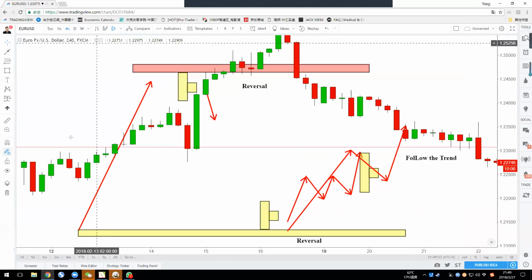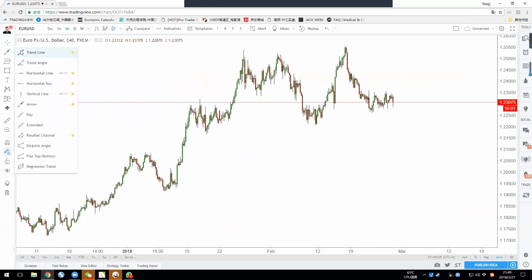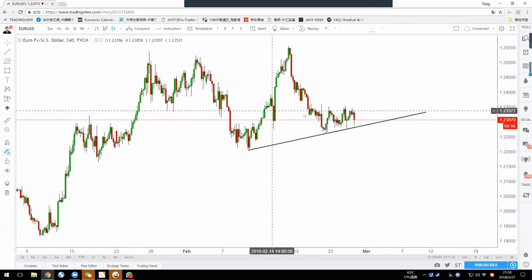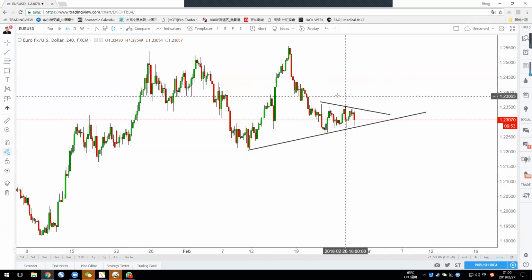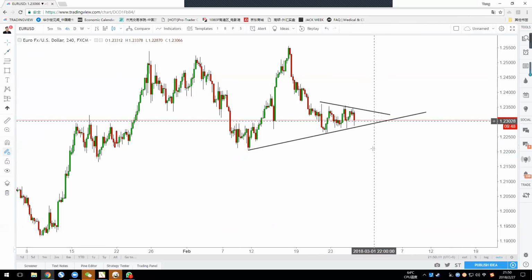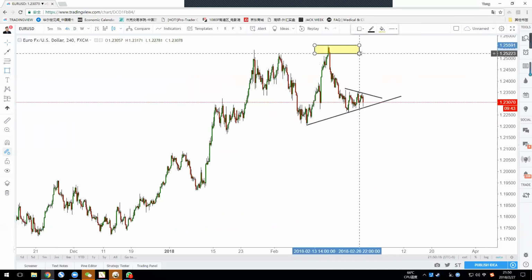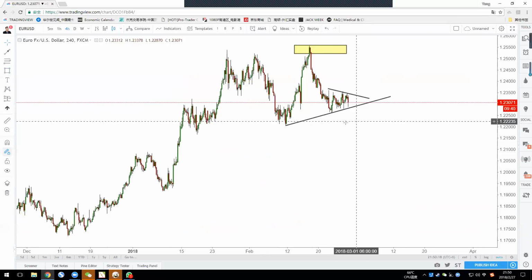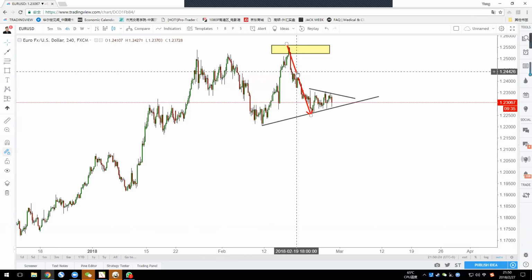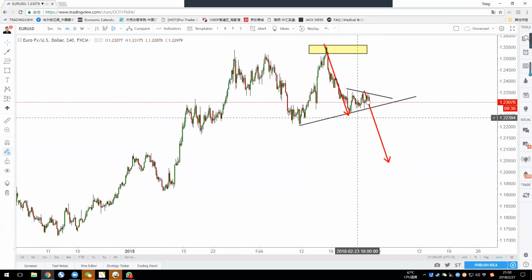Okay, so move on to the market. The euro dollar right now is in a kind of consolidation. You can see that this is a consolidation, right? The price may go up or go down in either direction. But since 1.2550, this was a very, very big reversal, and the price has already gone down. I would like to find a plan to short the euro for a trend continuation trade.